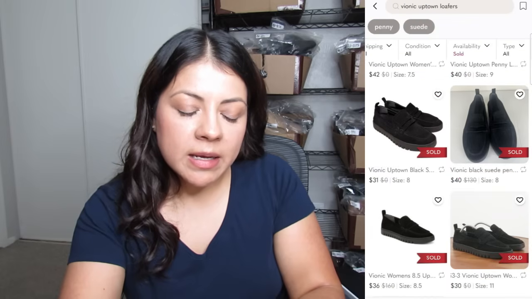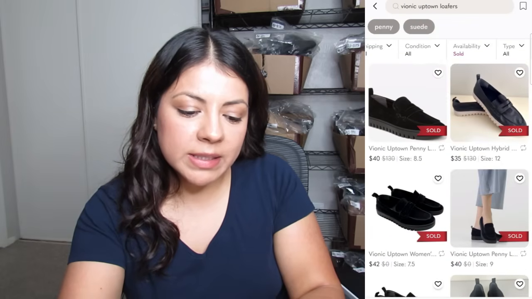That August 27th could be this year or it could have been last year. There's really no way of telling for sure. So basically, you're just trying to use your context clues when it comes to Poshmark. And even with all of those flaws, I still do find it helpful sometimes because, for example, with these loafers,